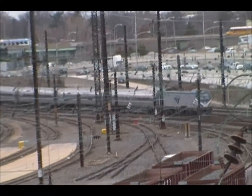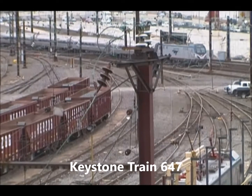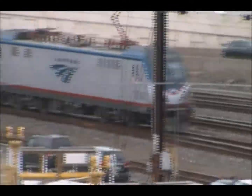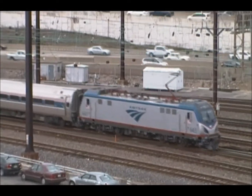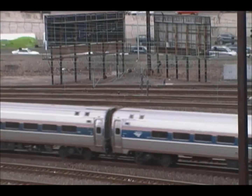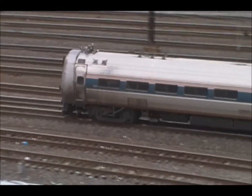Here we got a Keystone train coming in. Try and see which Keystone this is, I'm not sure. That ACS 64 643 leading this Keystone. 9640 is the cab car, trailing, which will be leading going up north. Well, actually